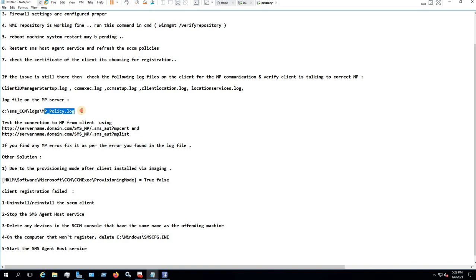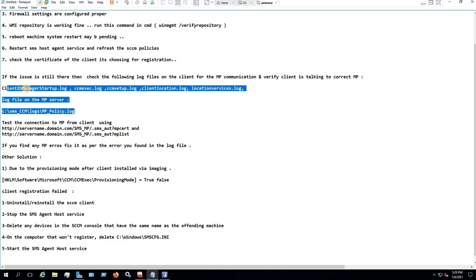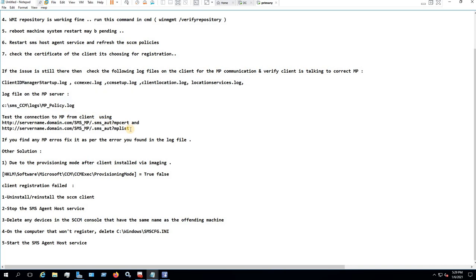Okay, if you are not able to find any errors in the log files, then you need to test the connection between your client and the management point. How will you test the connection to MP?